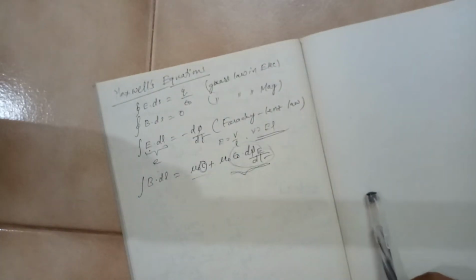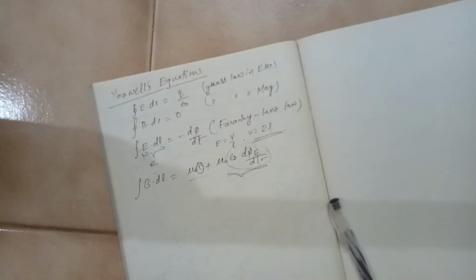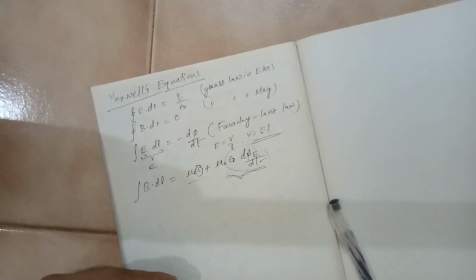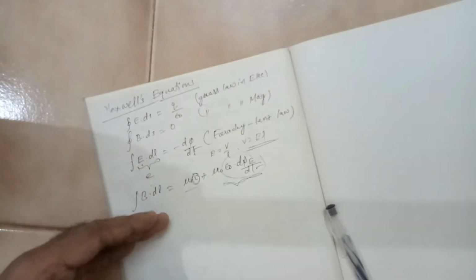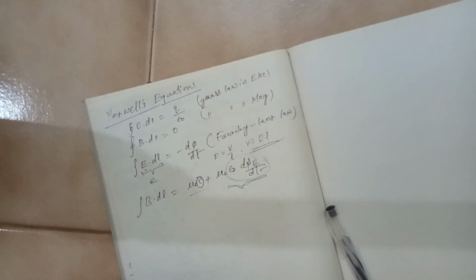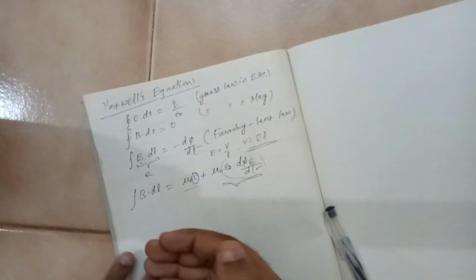But these equations are called Maxwell's equations because earlier magnetic field was studied in isolation and electric field was studied in isolation. Now a time varying magnetic field is giving rise to a time varying electric field, and a time varying electric field is giving rise to a time varying magnetic field. So they are mutually interactive, they are actually coupled, and they are giving rise to electromagnetic fields. So in that context, you have all equations.